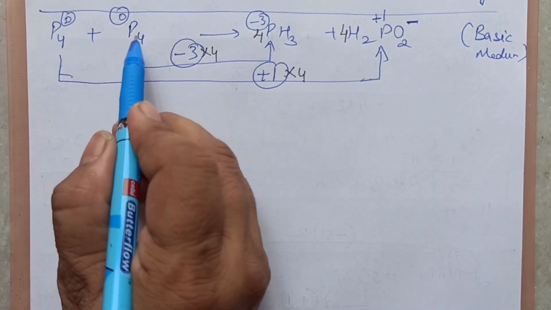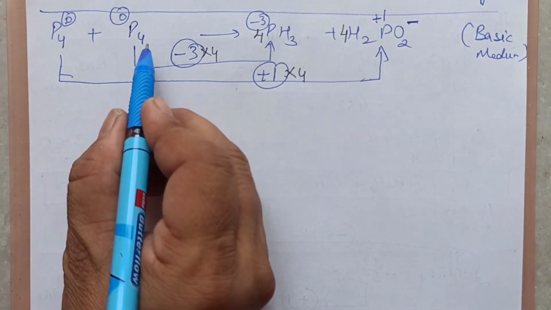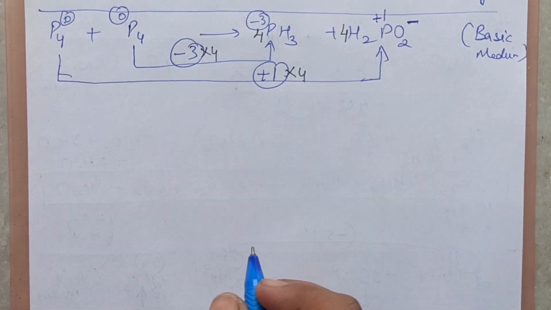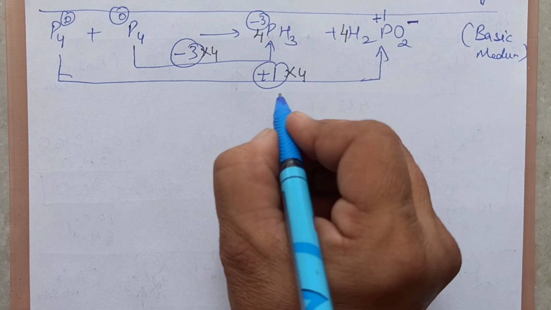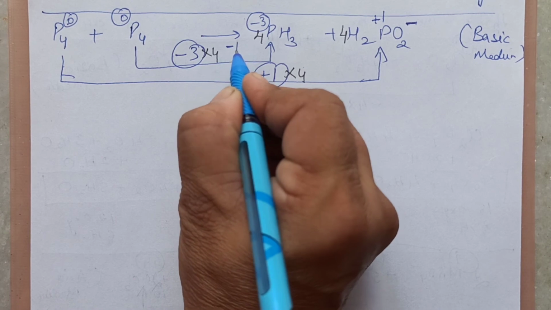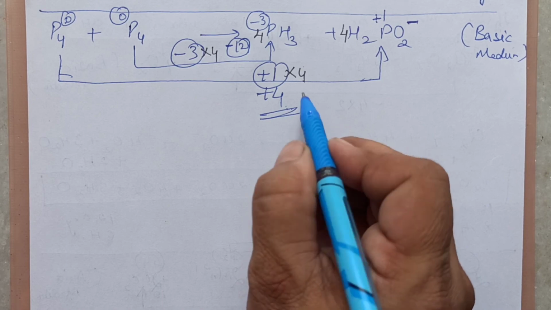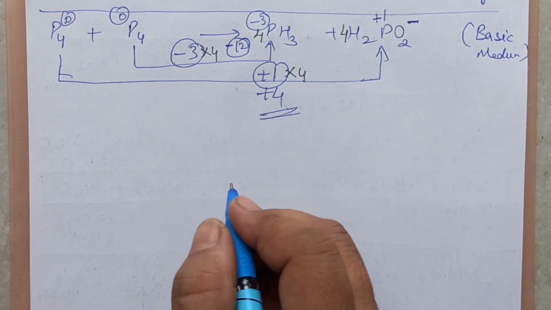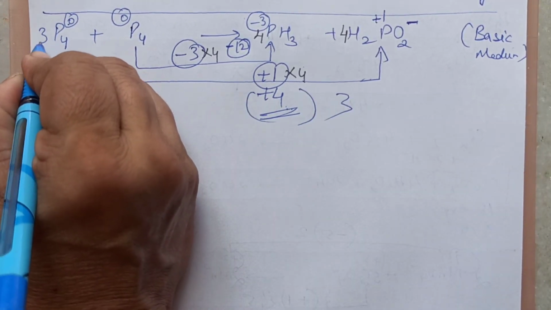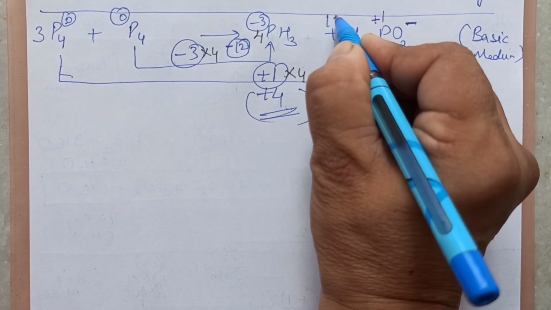Now as I said, P4 means we have to balance other elements. We will write down 4 first. For 1 phosphorus the decrease was by 3. For 4 phosphorus, into 4. Likewise I did into 4. Now the total increase is by 4 and the total decrease is by 12. By 12 it is decreasing. So we need to multiply this with 3 to make increase and decrease equal. That means this side we are going to multiply with 3. I will write down 3 here, and if I multiply this with 3, now instead of this it will become 12.